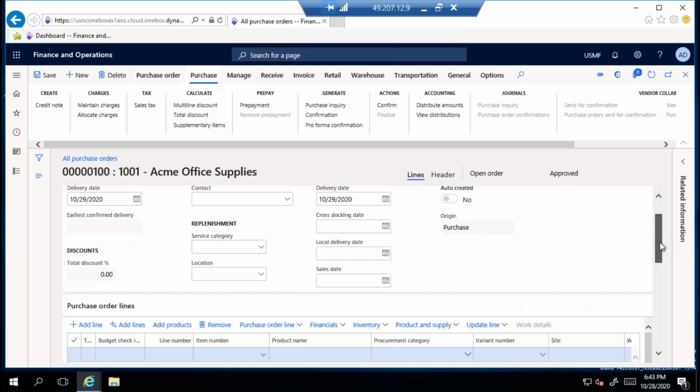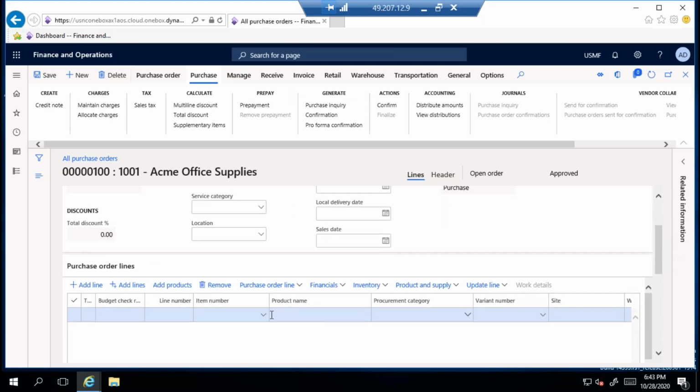So select the vendor account. Once it is selected, select the item. Which item you are purchasing? I am selecting 1000 item. Item 1000. Here you need to select warehouse. Site and warehouse is must. So what is this site and warehouse? You will understand one by one. So you are selecting item and automatically you need to select site and warehouse.